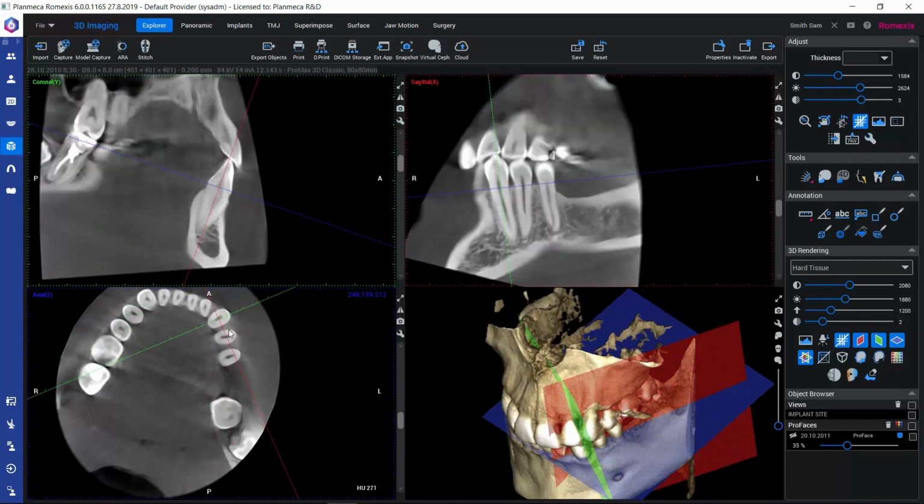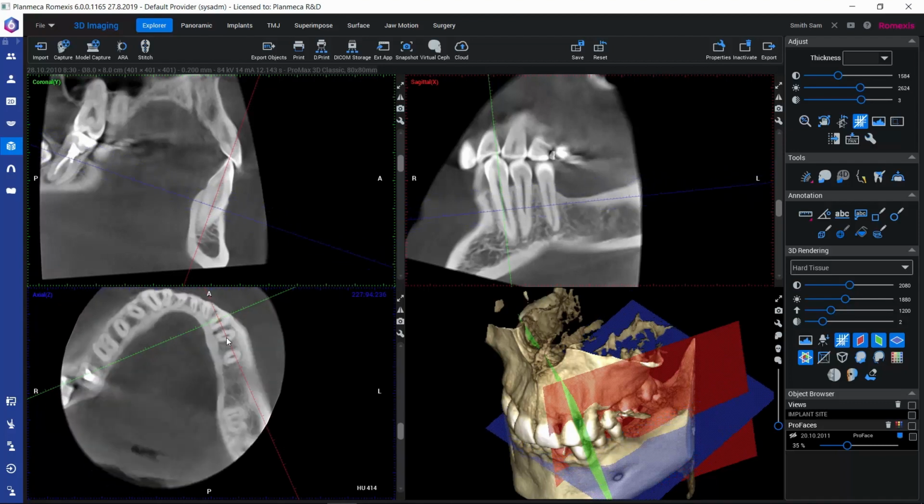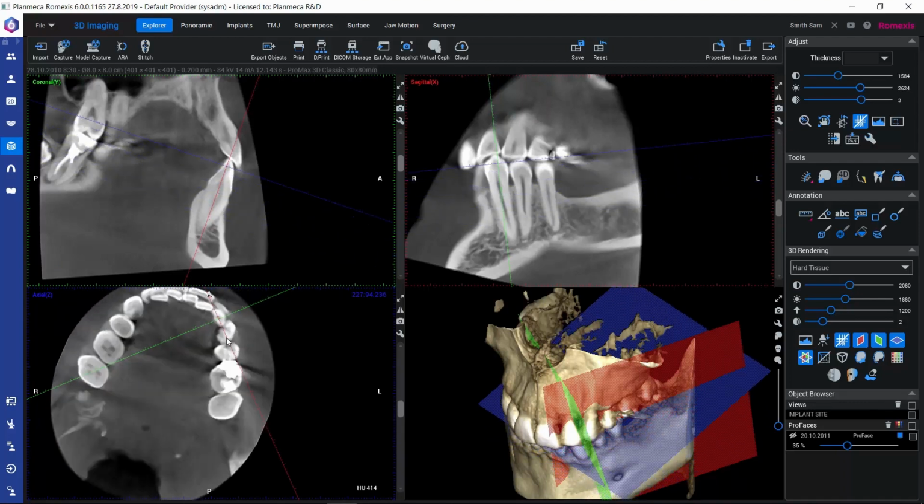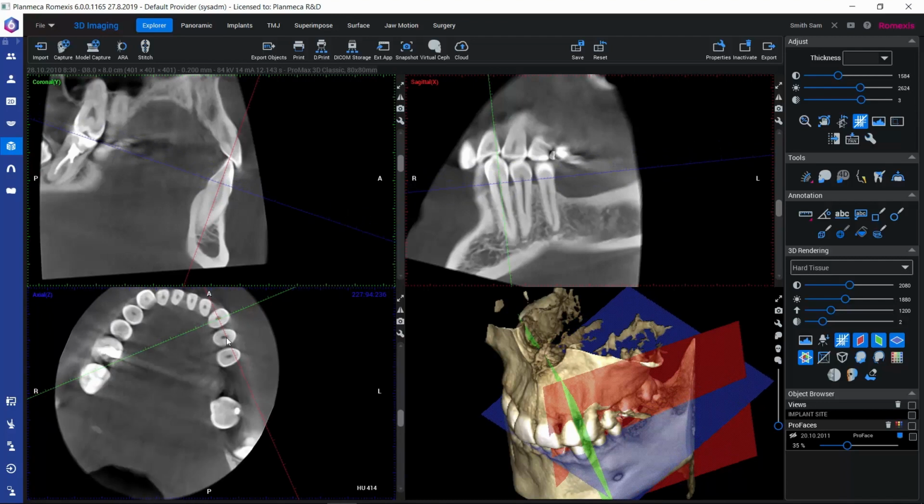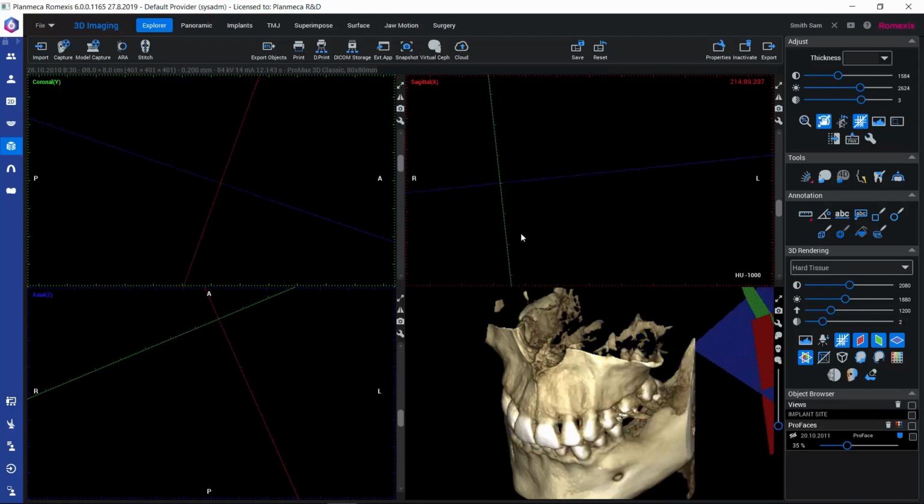And like we remember, when we have formed the kind of view that we would like to have, we could now browse through the volume when the planes are in this orientation. Let's then still take a look at how we can go back to the original orientation. So it could be even that we have managed to completely lose the data. So in order to go back to the original